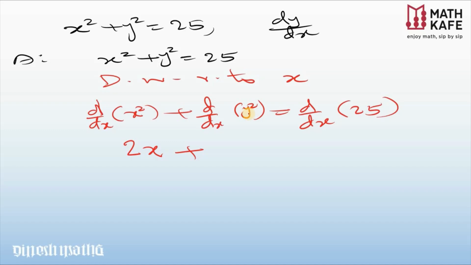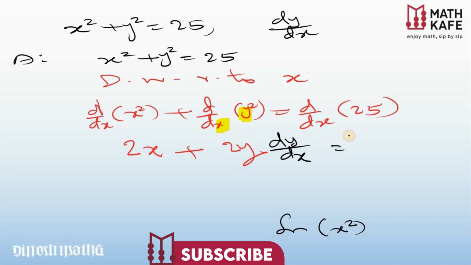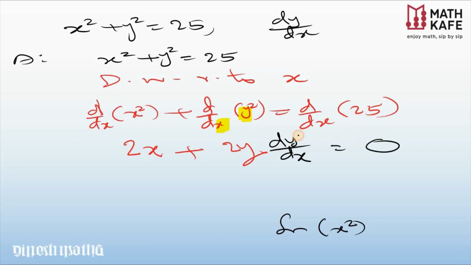And this is y square, and we haven't learned any derivative of y. Here the strategy is you treat y as an x. What is the derivative of y square? It will be 2y. And as you remember, this term is a y, not x, so we can't differentiate y with respect to x directly. Here comes the chain rule. You need to differentiate y again with respect to x, that is dy by dx. It is just like sin of x square, which we differentiated as cos of x square into the derivative of x square, as it is not an x. Same thing, since it is a y term, you differentiate y again, giving dy by dx. Now the derivative of 25, as it is a constant, is 0.